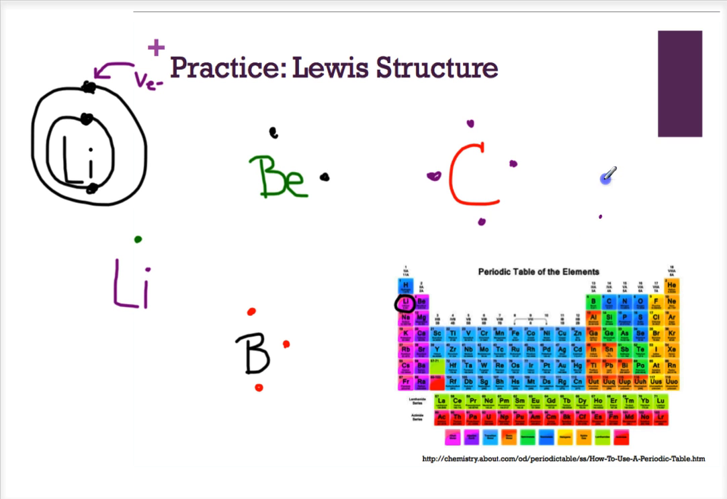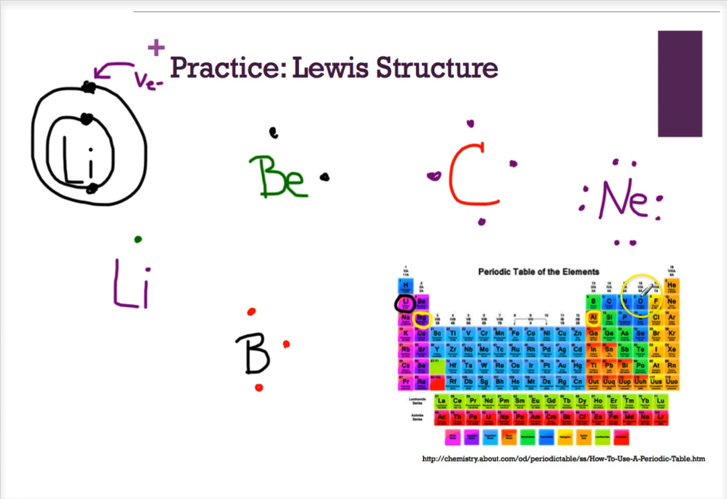By the time we get to neon, neon is in group 18, it has 8 valence electrons. So in this case, we would do 1, 2, 3, 4, 5, 6. Notice how I'm moving around the element. 7, 8. And now I have completed the electron dot diagram for neon, carbon, beryllium, lithium, and boron. So why don't you give it a shot, and why don't you work out magnesium,